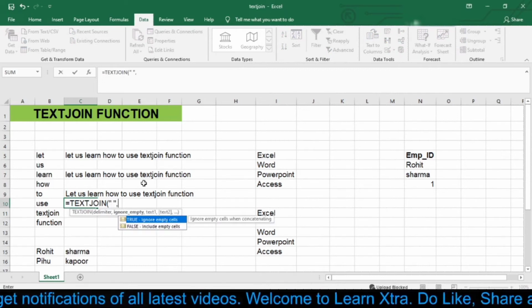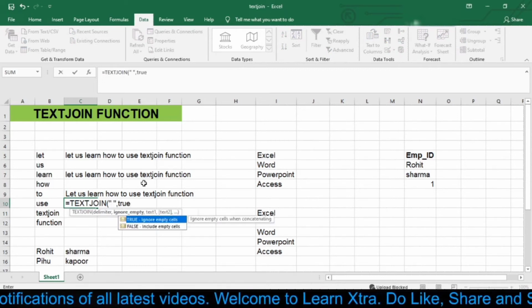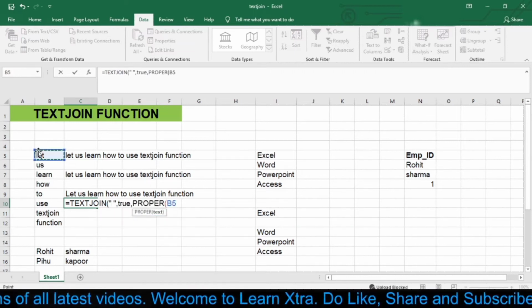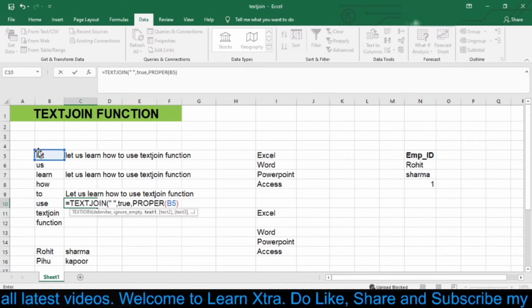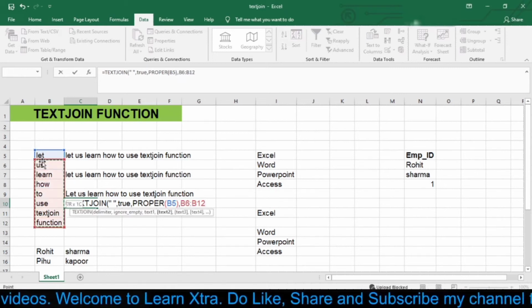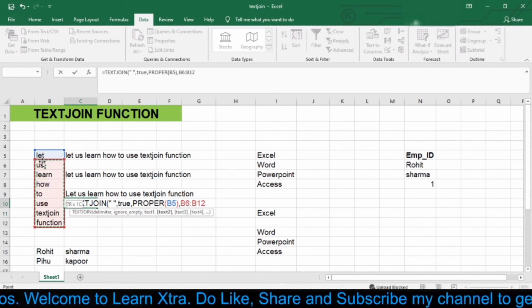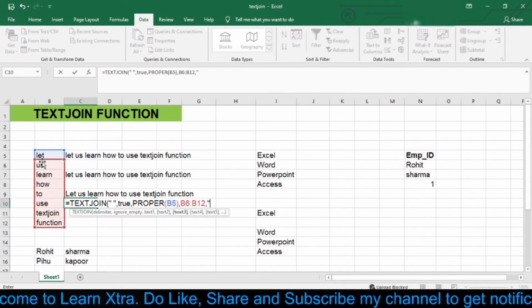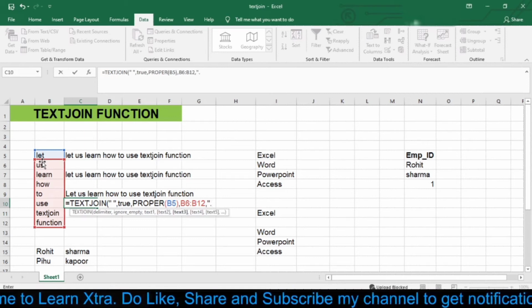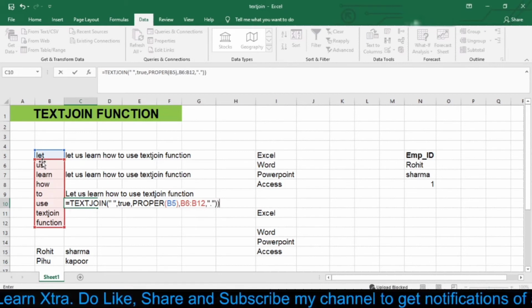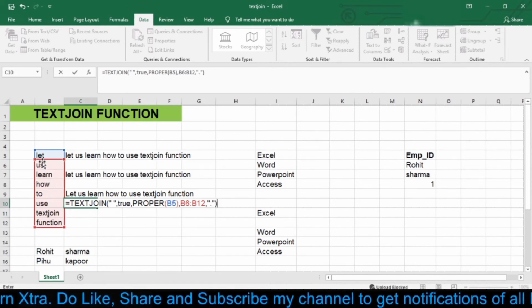Now in delimiter again give a space between double inverted commas and then true, and then use the PROPER function to get your first alphabet in capital letter, and then select the rest of the cells B6 to B12, and then comma, and type full stop in double inverted commas, and then close the bracket and press enter.